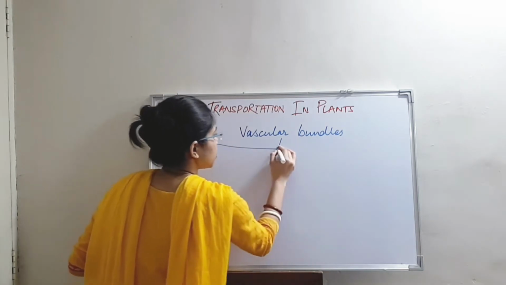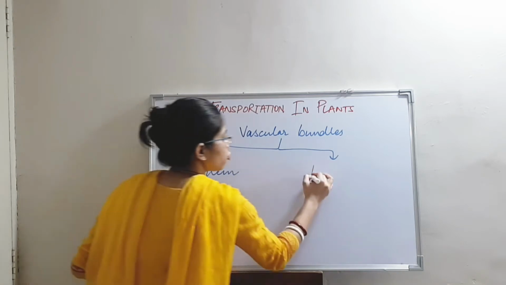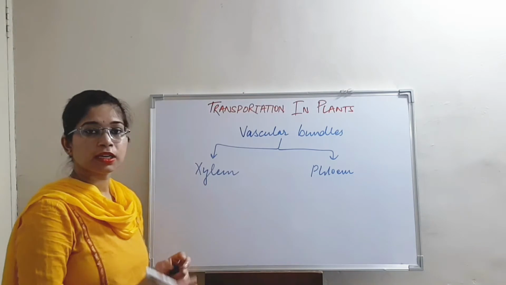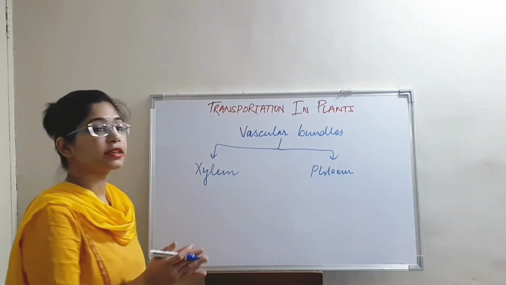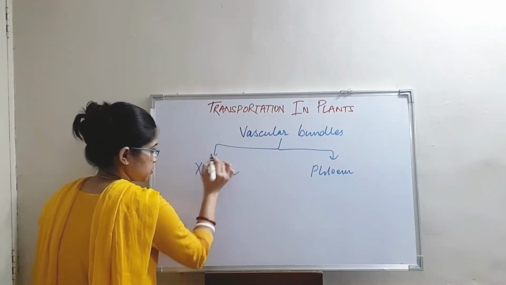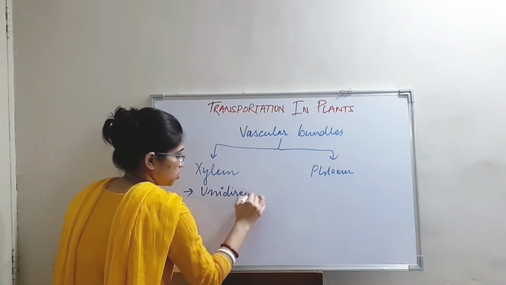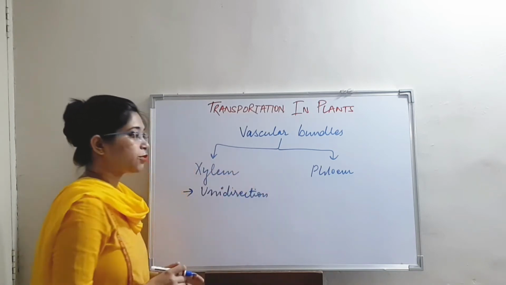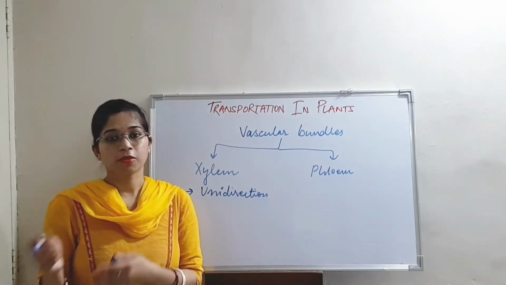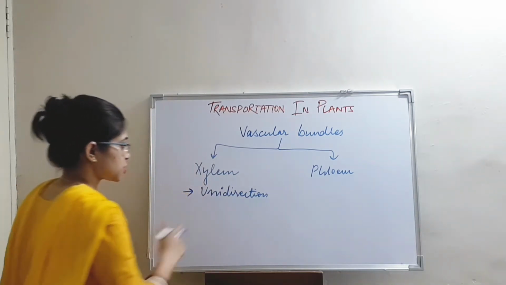Vascular bundles have two types of tissues, which are xylem and phloem. These tissues are tubular in structure, which are helpful in carrying the water, minerals and other particles for the transportation. The xylem transports in a single direction, because the water and minerals are present in the soil, so the particles have to move from soil to the top part of the plant. That is why unidirectional functions here.